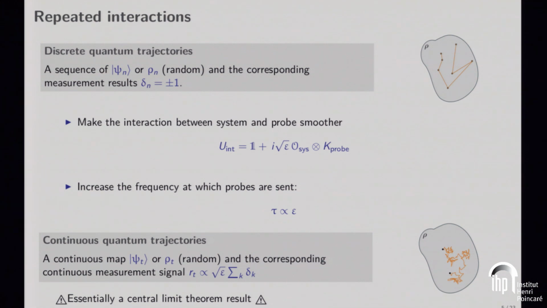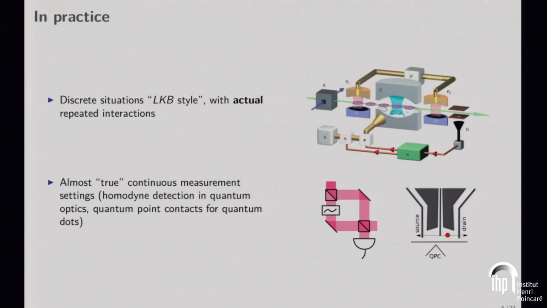And so if you do that carefully, you first obtain this continuous measurement. You can obtain them in a proper limit of discrete situations, such as the one of the LKB experiment with Rydberg atoms. So, showing again the most looted picture in this old workshop, this is exactly the abstract setup I mentioned. You send Rydberg atoms through a cavity, they get entangled, you measure the Rydberg atom and you reconstruct the state